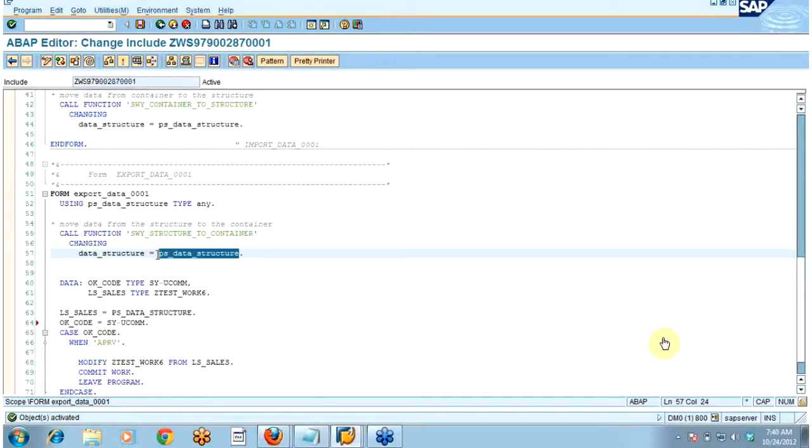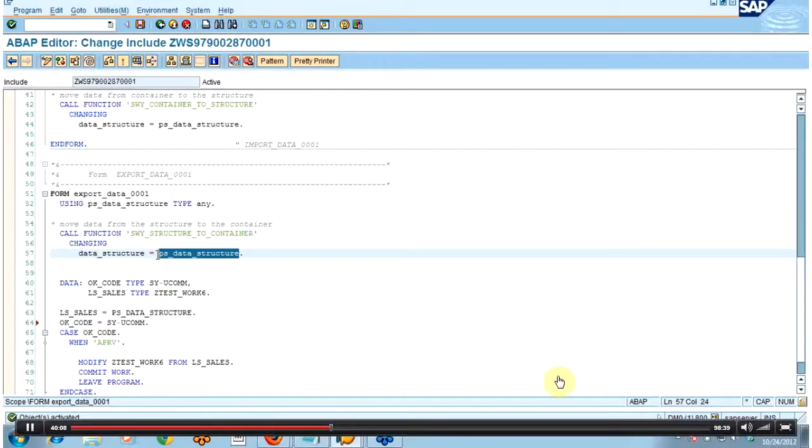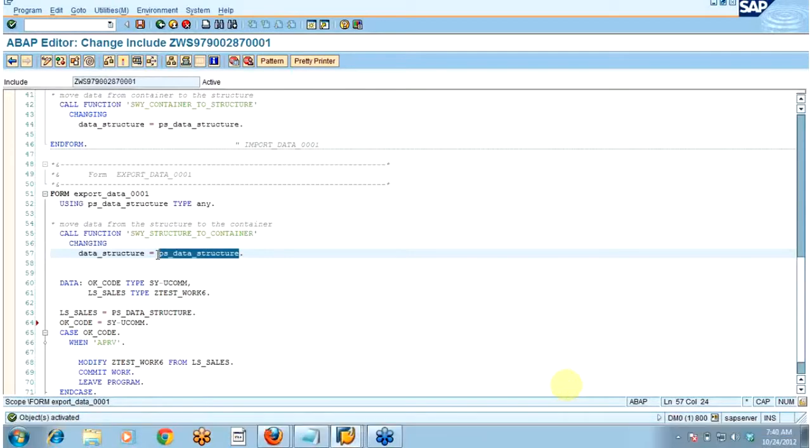So that sales order number I will fetch from that structure, from that module pool form, and then that particular value I'm just populating in this LS sales, which is of type same as this table. And what I'm doing, I'm just modifying this data, this particular table from this sales order number from this work